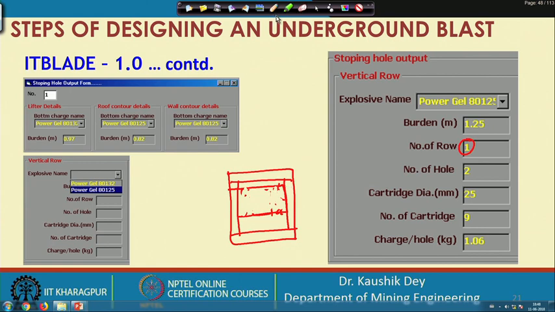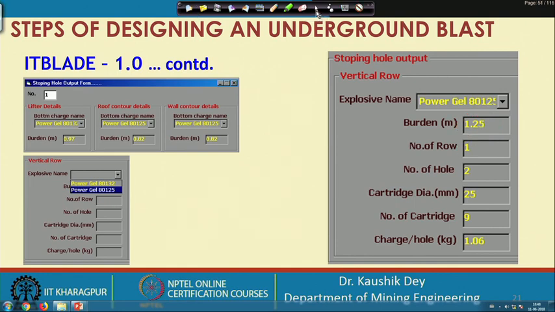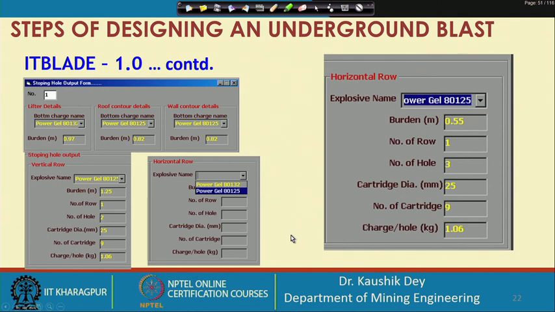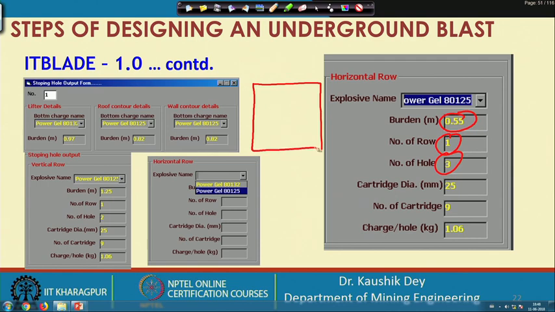And in this case you can see this is the burden which is calculated. So, after the decision of the vertical row, the horizontal row is calculated, where burden is found this one, row is found this one, number of holes is found this one, and this may be now designed like this. There may be a cut area, lifter area, roof area and wall area.